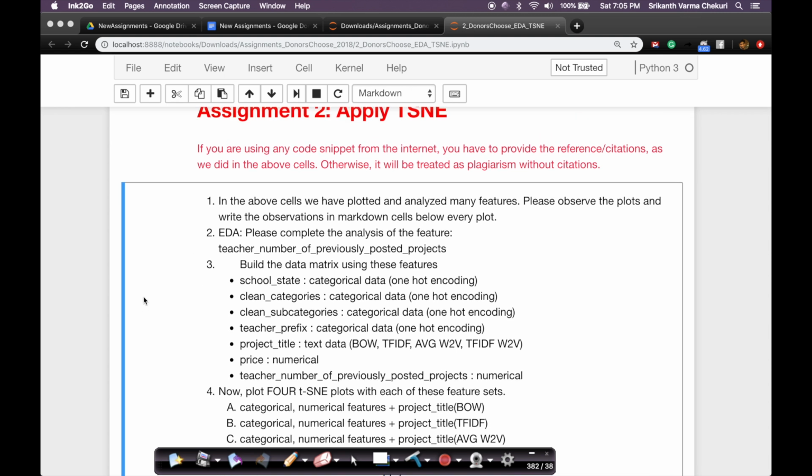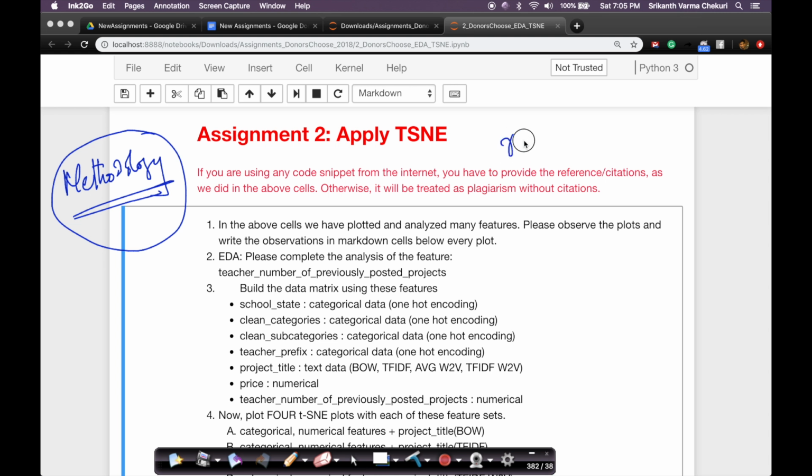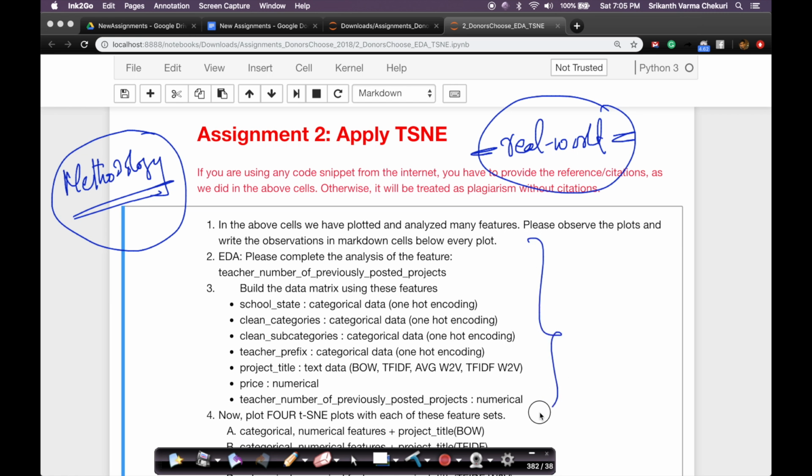Having said that at the outset, this is what this assignment is. And before I go into the assignment itself, I want to give you the methodology that we have followed to design each of our assignments, right? We have designed each of our assignments to be very close to the real world. Okay, we have designed each of our assignments to be extremely close to how you would actually perform analysis in the real world. Okay, and all of our analysis will be very thorough,